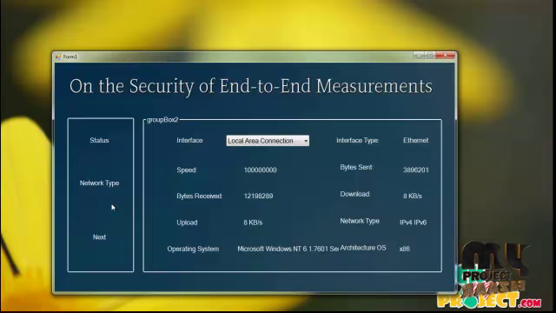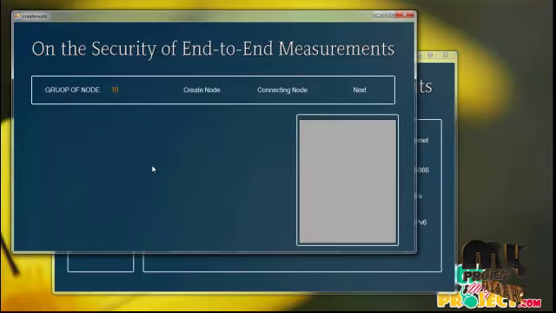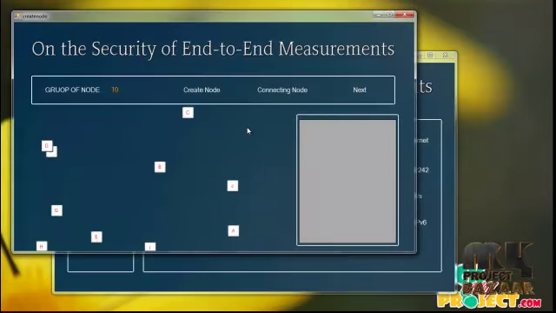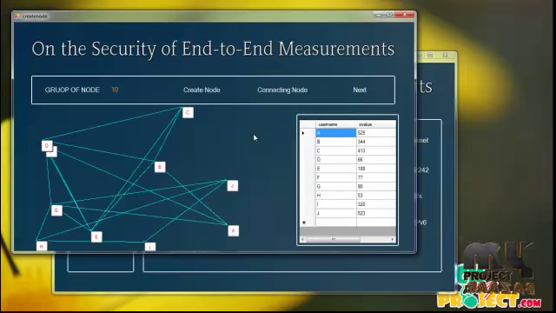This is the case since network measurements enable internet-based systems to acquire reliable estimates of network capacity in order to ensure the availability of services. Check the client system network information, upload speed and download speed. Next process, click on the next button. Grouping of nodes is 10. Click on the create node button. The nodes are placed in the network, and wherever a node is placed, its x-axis and y-axis are calculated. Click on the connecting nodes button. It connects all nodes, and the x-axis and y-axis are displayed for every node. Click on the next button.